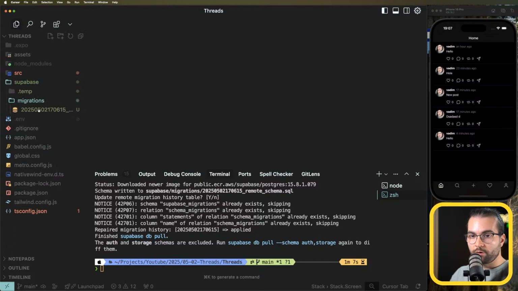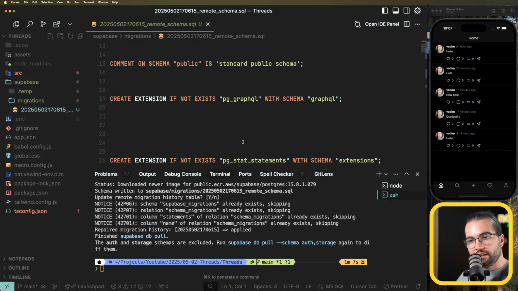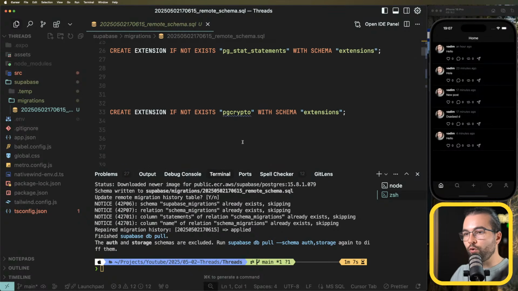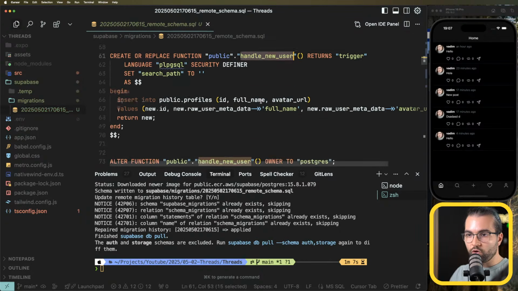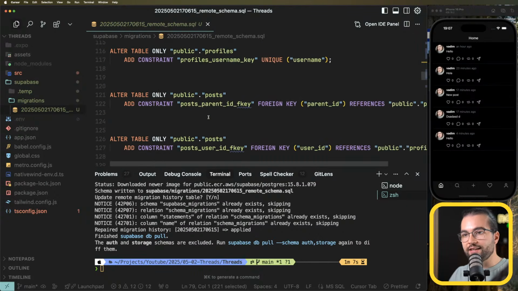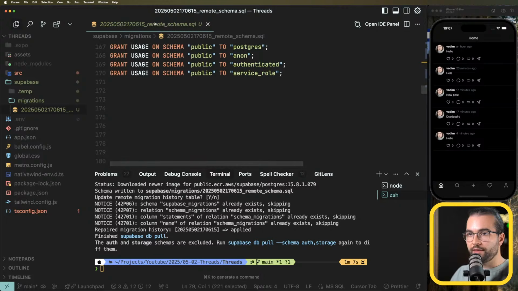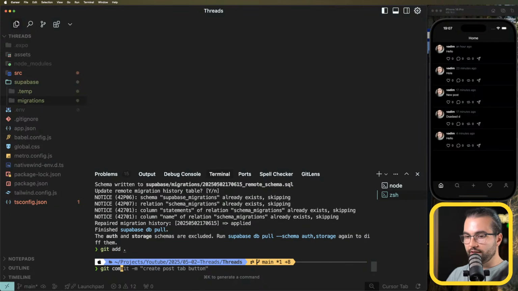Basically, now in our migrations, we have a file that, anytime we delete our Supabase and want to recreate it again, is going to be the file that has all the information about our tables, policies, functions, and so on. And we can also self-host it as well. But why I did this, git add, git commit